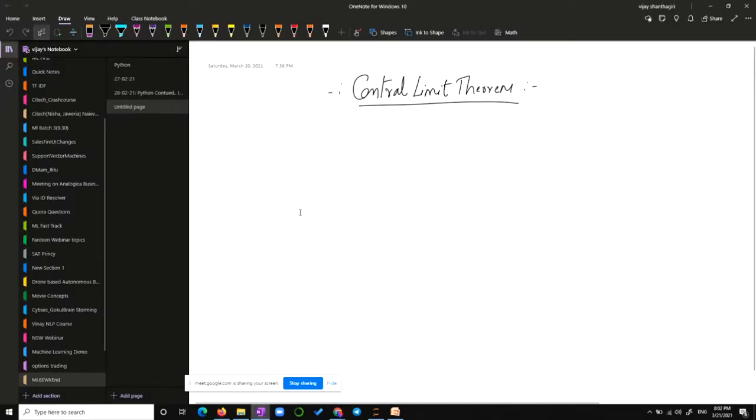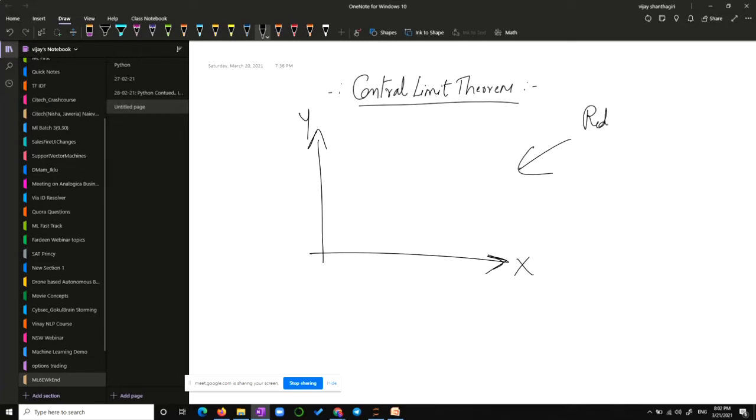Every time I want to describe something, I will simply draw a curve. This is only for explanation and teaching. But when you actually want to do the analysis, you would want Python to draw this x-axis and y-axis. You want Python to bring in the real data which has been given to you by a client. You want to plot it, and then you want to start asking for different kinds of depictions of the data. Then you try to calculate the mean, median, standard deviation, variance, distributions, all of that. So that's what we are going to do now.